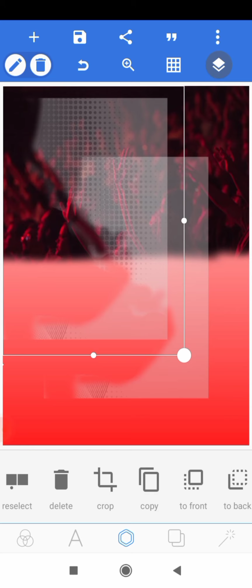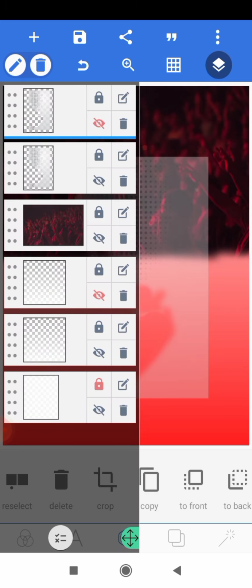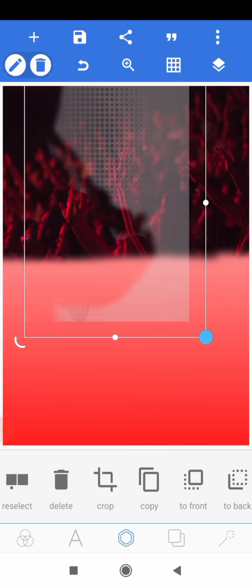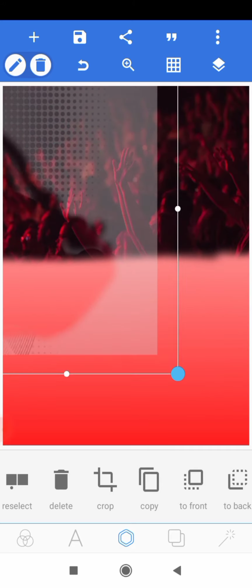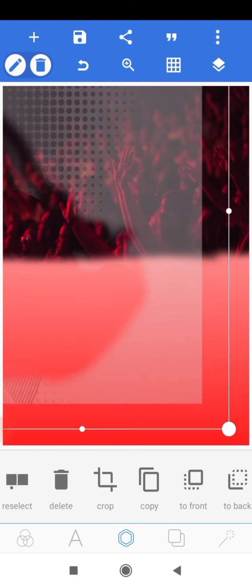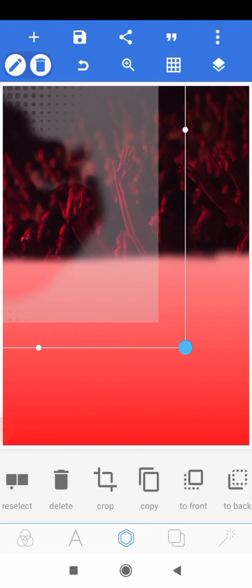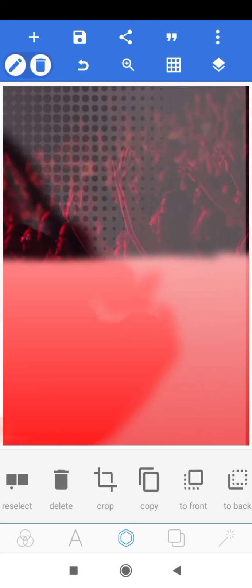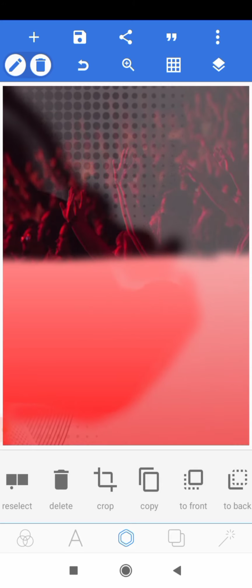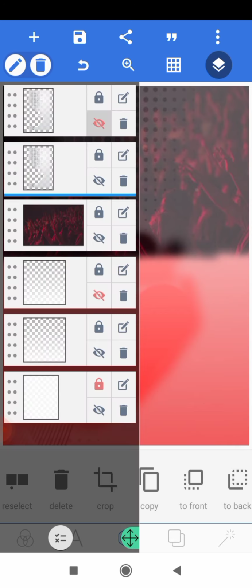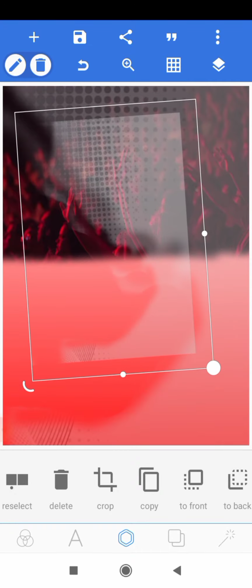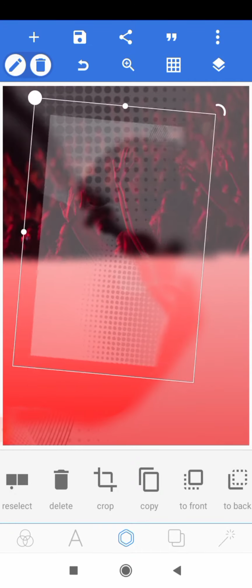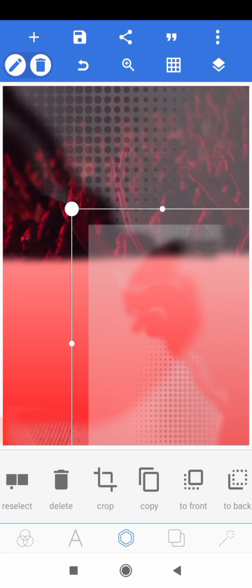So what we want to do is to hide this copy while we work with the other one. So we'll select this, and then we'll scale it all the way down, like this, and we have it here nicely. And the next thing we want to do is to unhide the other one, and then we'll bring it down, and then we want to rotate it this way, and we'll have it like this, and then we'll scale it